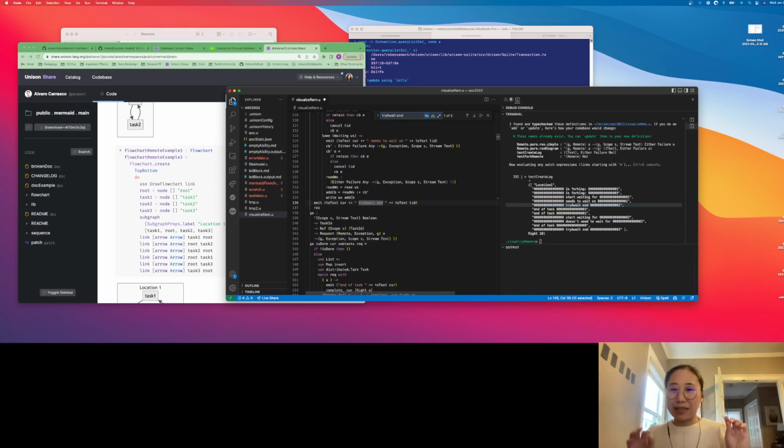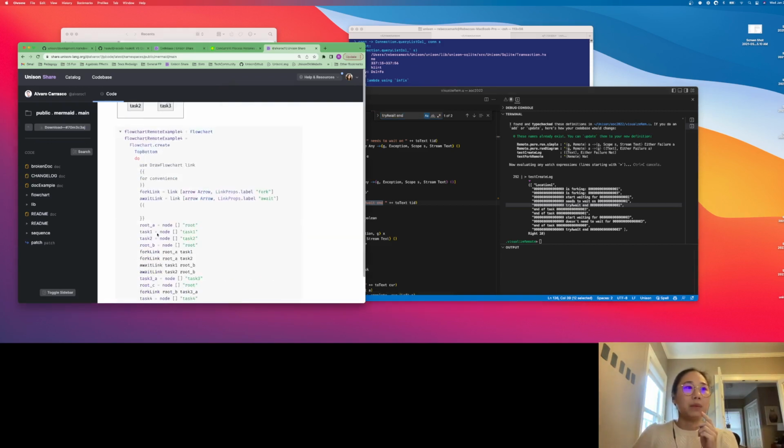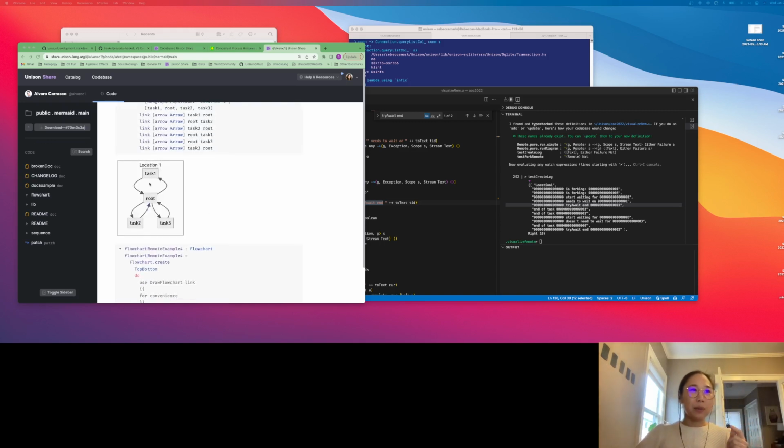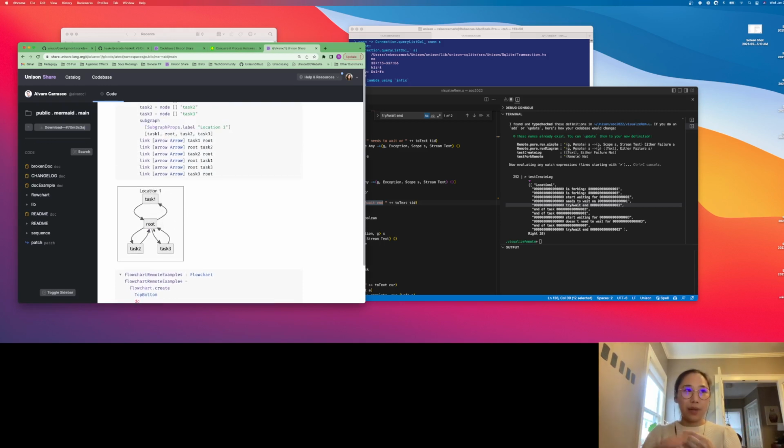There's one little detail in drawing the mermaid diagrams where causal ordering is going to matter, which is that in order to represent returning back to the home or the root task, you can't just reuse the same ID for drawing something lower down in a mermaid diagram. An example of this would be, let me switch windows, like this drawing, where this drawing obviously doesn't show that task 3 was forked and awaited after task 1 and task 2 have been forked and awaited,